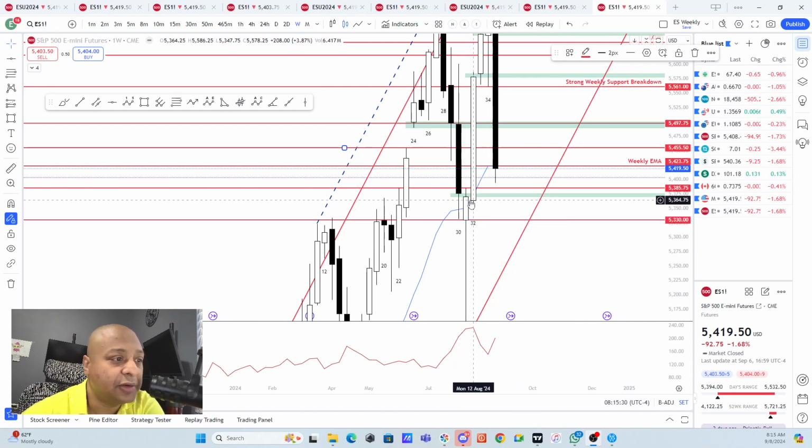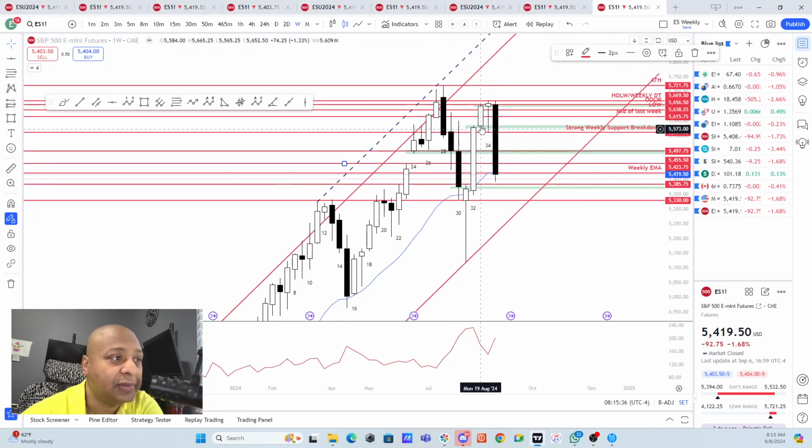On the weekly chart, we had these two strong bars above the 20 EMA of the weekly. We had the EMA gap bar created right here. After the EMA gap bar was created, we got another pretty strong week on the upside. But last week actually broke down the gap bar's low, and we have closed below the EMA once again. Now we will have to see if the price is holding below this weekly EMA at the 5425.26 level.